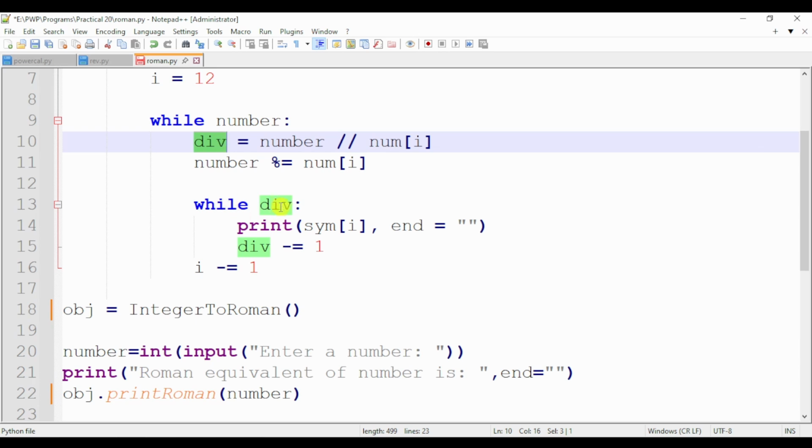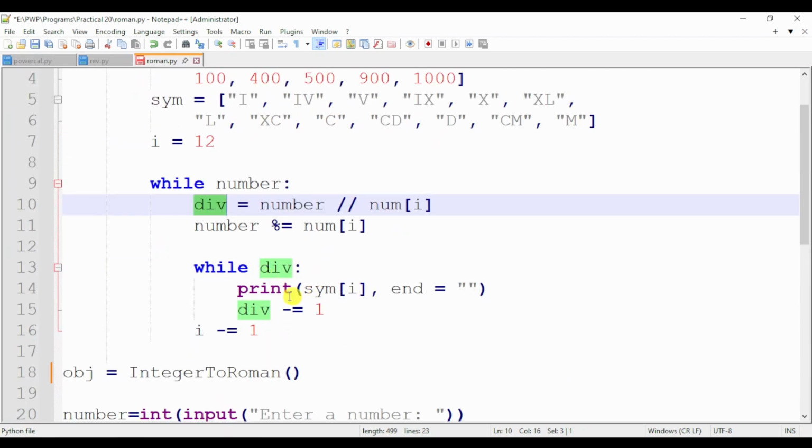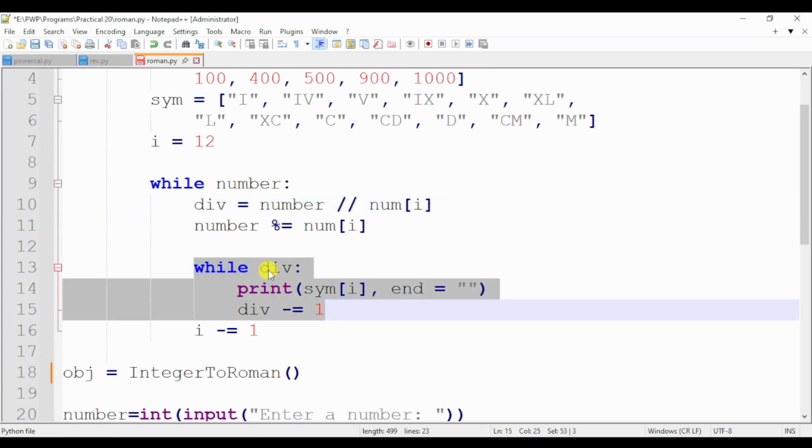So while divisor or div, in that I am printing sim I. So what it will do, it will print the symbol associated with this number, and it will be printed again and again till the loop is continuing. So while divisor, print symbol and attaching endl, so the next output will be printed after this symbol of I. So finally I am reducing this divisor value by 1. So this is how the decrement will happen here, and finally the while loop will end after all the values are decremented. So this is how the second while loop is printing the symbol associated with this divisor or div